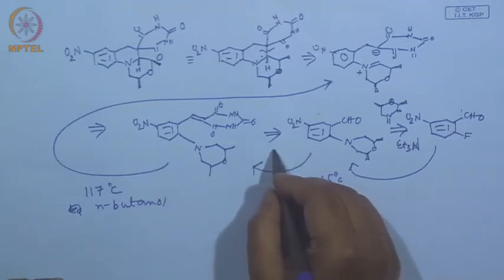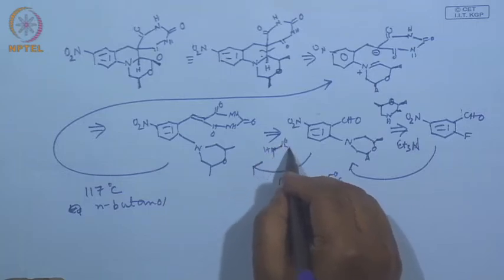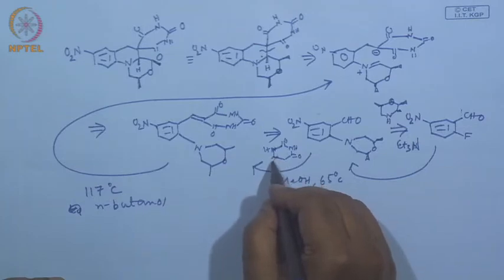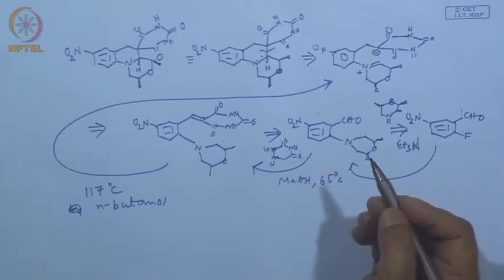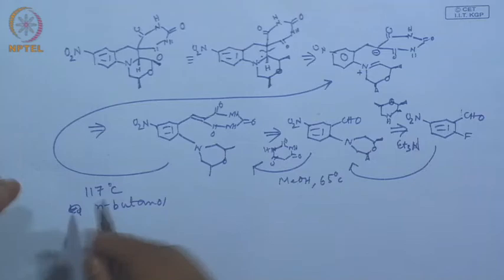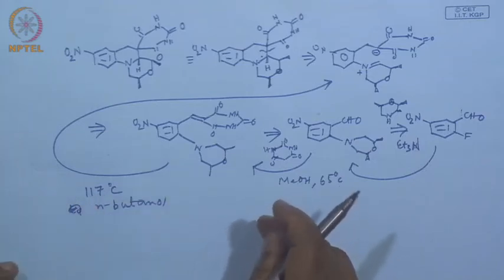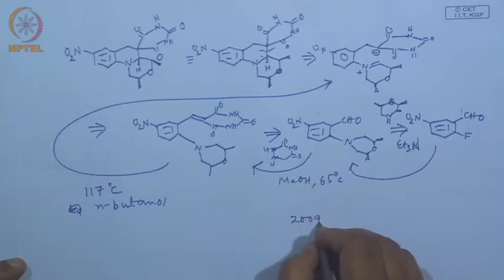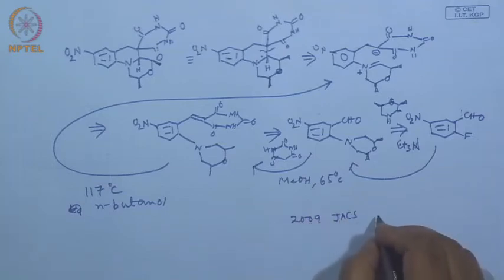This barbiturate means this one, NH, carbonyl, NH, this is readily available, all of us know, it is obtained from malonate and urea. So cheap, methanol is cheap, just simply heat it. I mean such a simple reaction, and it was published in JACS. I do not know why, because it is too simple,